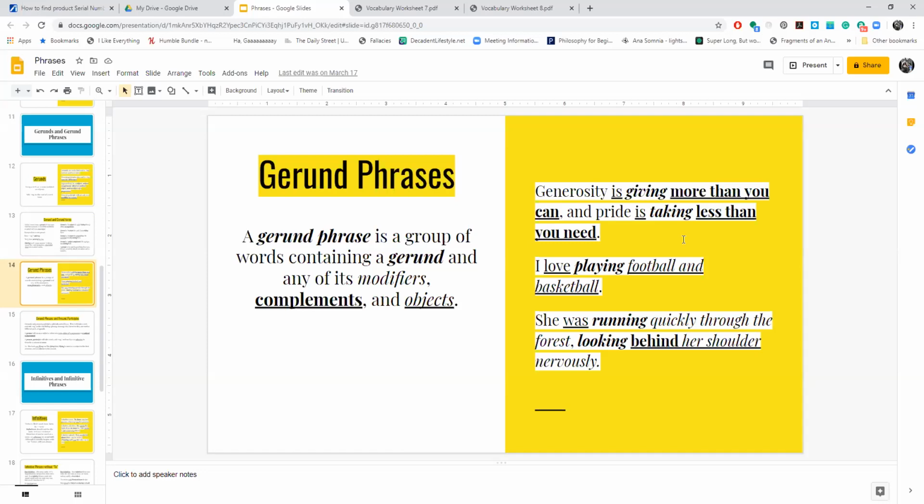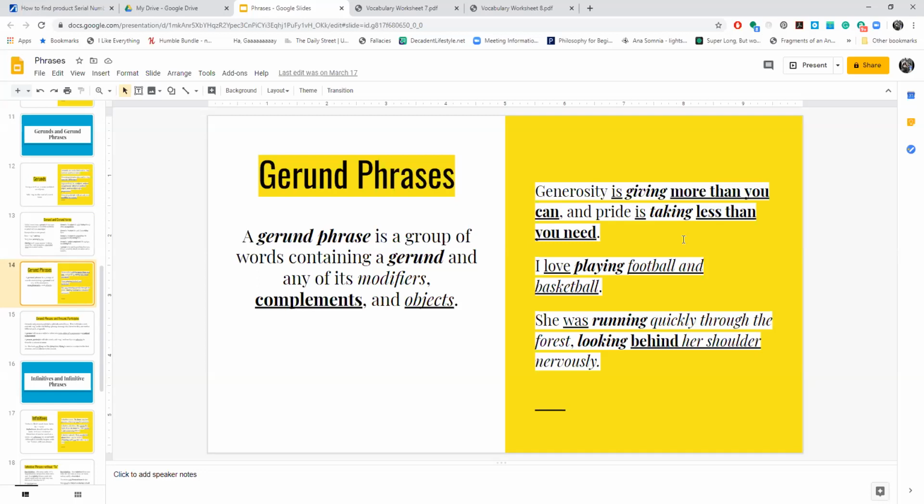The next sentence, I love playing football and basketball. So I, subject, love is the verb. Playing football and basketball. Playing here is the gerund. What do you love playing? Football and basketball. You could also say, I love playing card games. I love playing video games. I love playing hide and seek. I love playing basketball. Anything after playing that tells you what it is that you love playing is the object